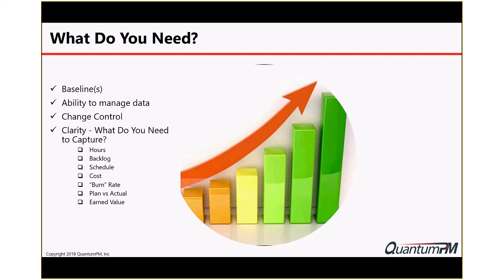The last one is sort of a catch-all around what kind of data you need to capture. And this is tricky because you really have to step back to understand the kind of project that you're working on, or projects, to make sure that you're measuring and capturing the right things. So hours is a very traditional way to measure progress on a project. How many hours of effort have you put into it? How many did you plan? And then you have a way to compare.